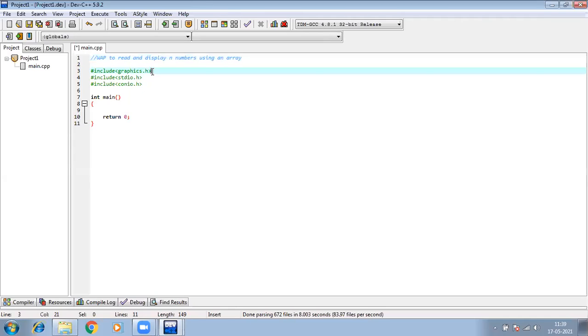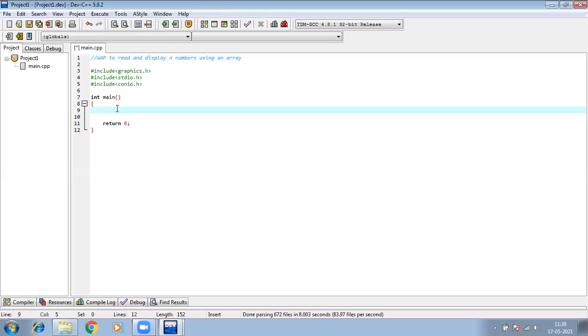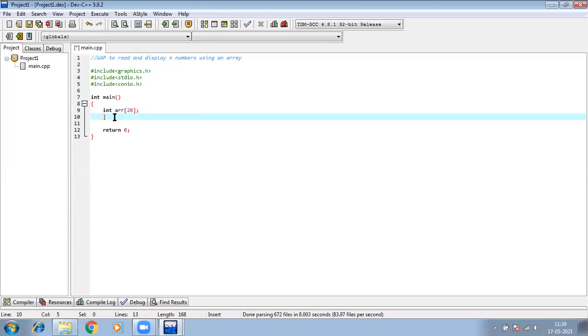The first thing is, before using an array, we all know we need to declare that array, right? Suppose I am involving only integer numbers, and the size of the array I declare as 20. So how do we write it? I will write int, then the name of the array. Suppose the name of the array I give as ARR. As simple as that. And then between the brackets, I will give the maximum size of the array. Is this step clear?